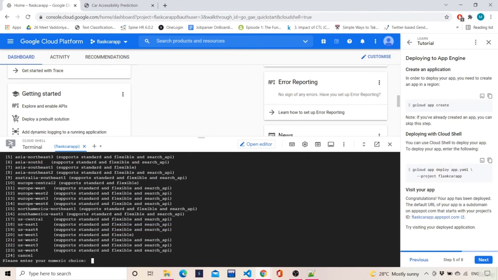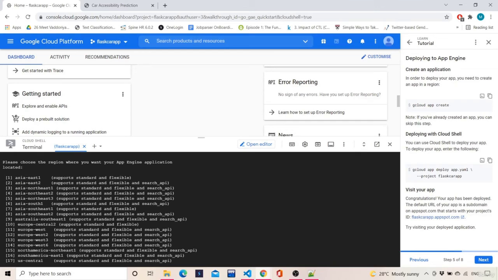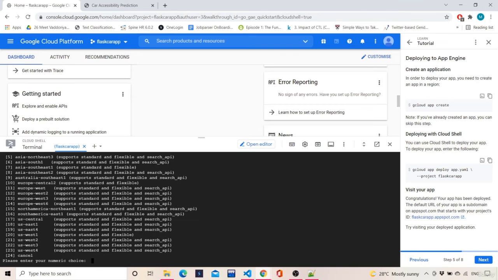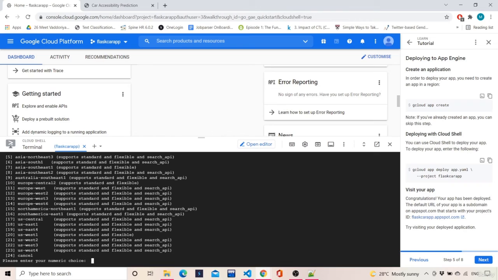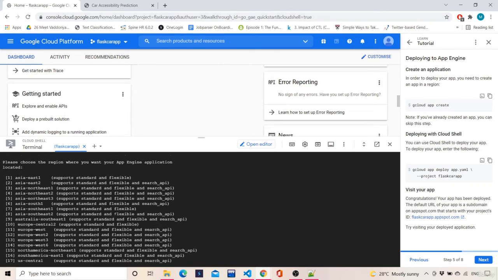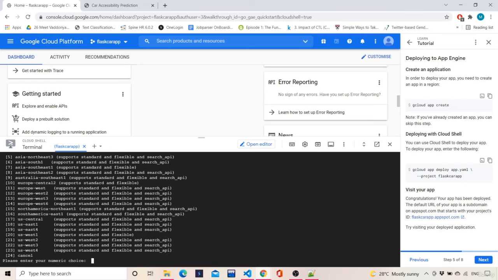It asks, please enter the number of the choice in which you want to put your service. These are all the server data centre locations, so you can keep anything. I'll keep North America Northeast 15.